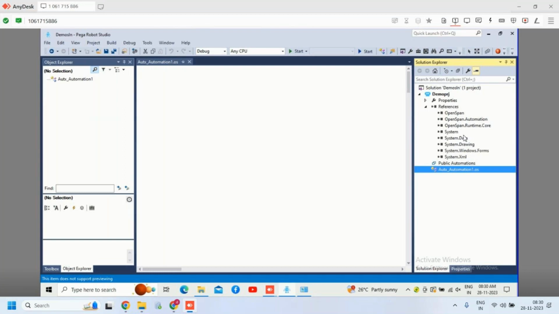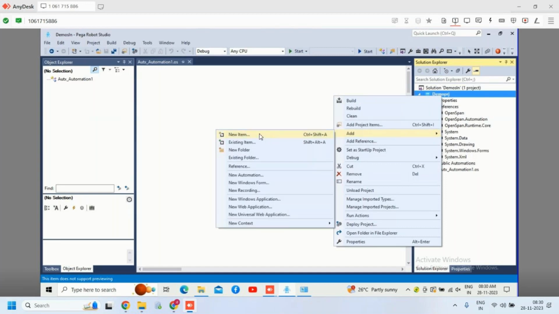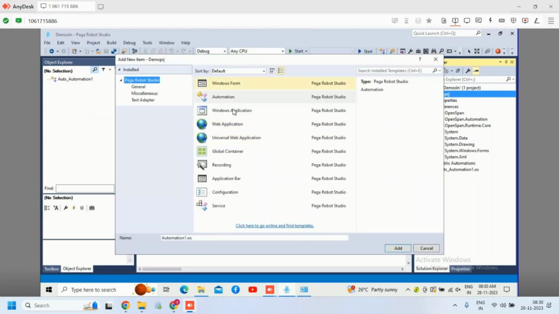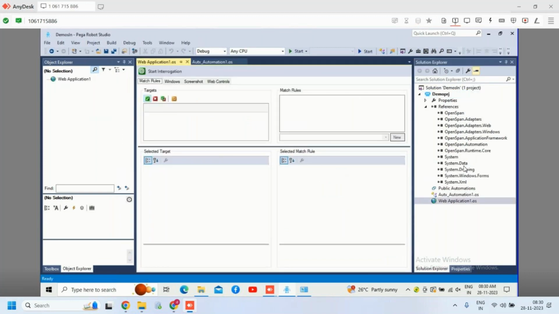You see only a few references here. If I want to take one more project item here, it will show many references. I'm just taking add new item and web application. If you see, references got automatically added. Likewise, whenever you are taking any predefined component, the particular references are automatically going to be added under this